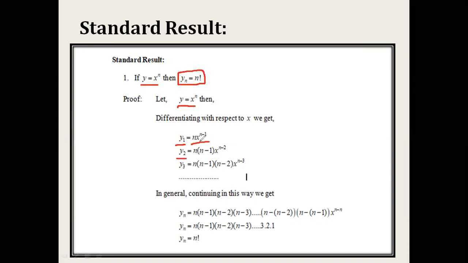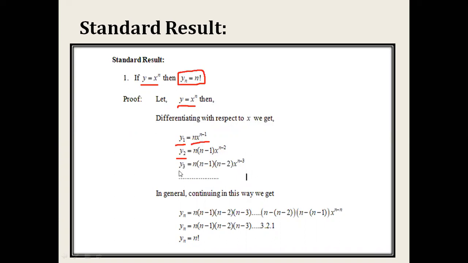तो सेकंड बिकम्स, अब यहाँ पे ये n तो एज इट इज रहेगा बिकॉज दिस इज द कांस्टेंट टर्म. So we can find the second order derivative, this n keeping as it is, and the derivative of x raised to power n minus 1: this power comes in place, so the second term is n minus 1, and it becomes x raised to power n minus 2.